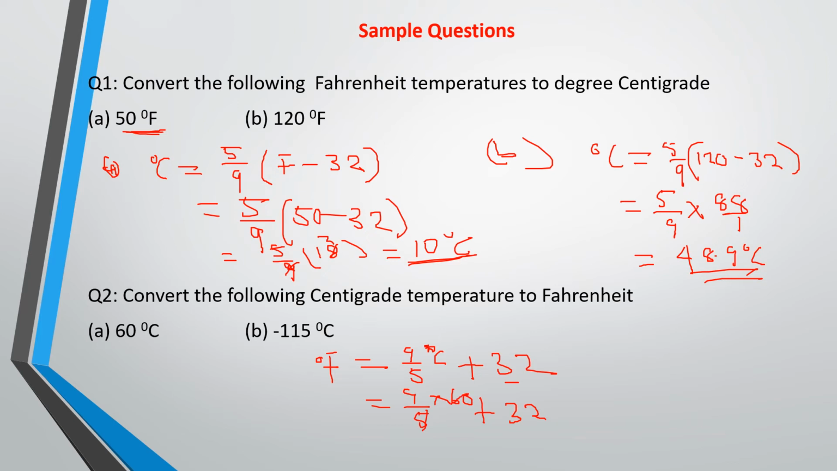Okay, 5 can divide 60, so if 5 divides 60, you are going to have 12 there. Then you now multiply 12 by 9, then add up your answers. By the time you do that add, you will have your overall answer to be equals to 140 degrees